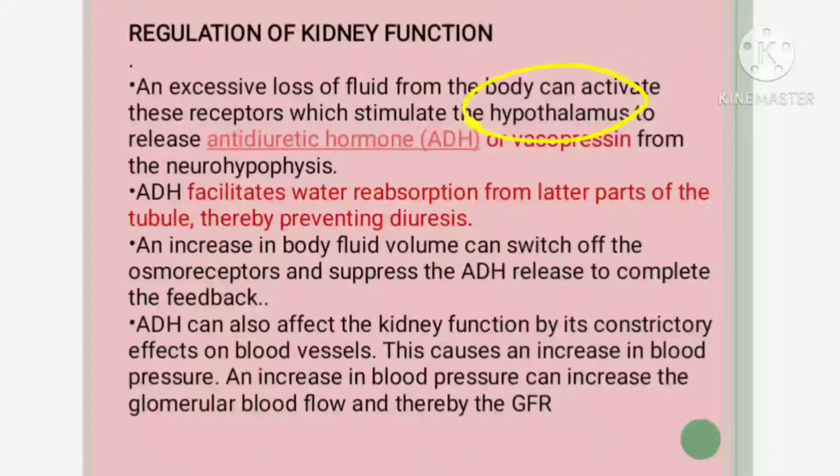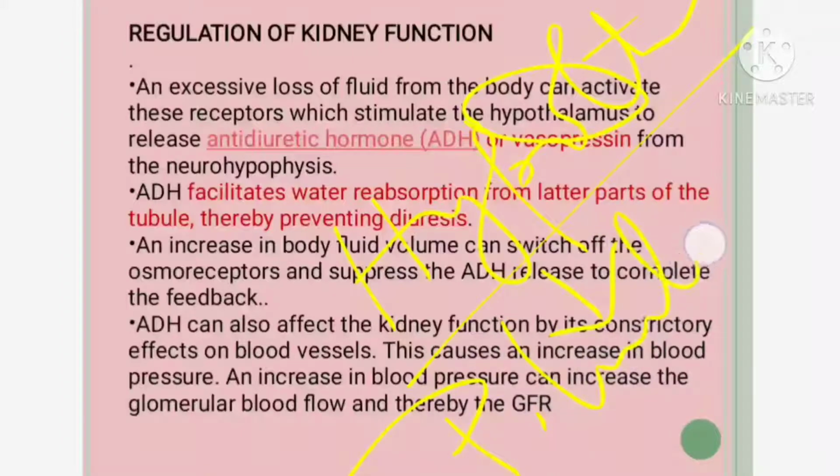Immediately when they sense that there is less amount of fluid in the blood, they release a hormone by dictating. The hypothalamus, which is present in the brain, you would have learned last year in the brain part, isn't it? The hypothalamus will dictate one of the major endocrine glands present in my body, that is the pituitary gland, which is present near the brain. This pituitary gland has 2 portions. What are the 2 portions? One is the anterior pituitary and another one is the posterior pituitary, isn't it?